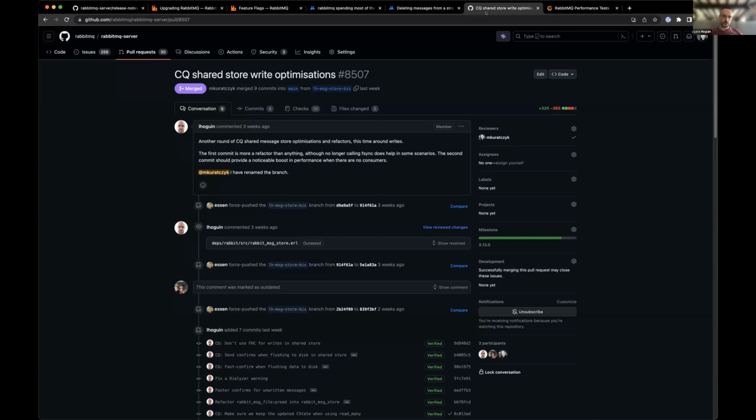And the other improvement in the message store is around writing. So writing, there's not much we can do better than the message store already did. We always have to go through the message store to write, but now the writes are better grouped together, and this leads to some improvements, particularly if you are using